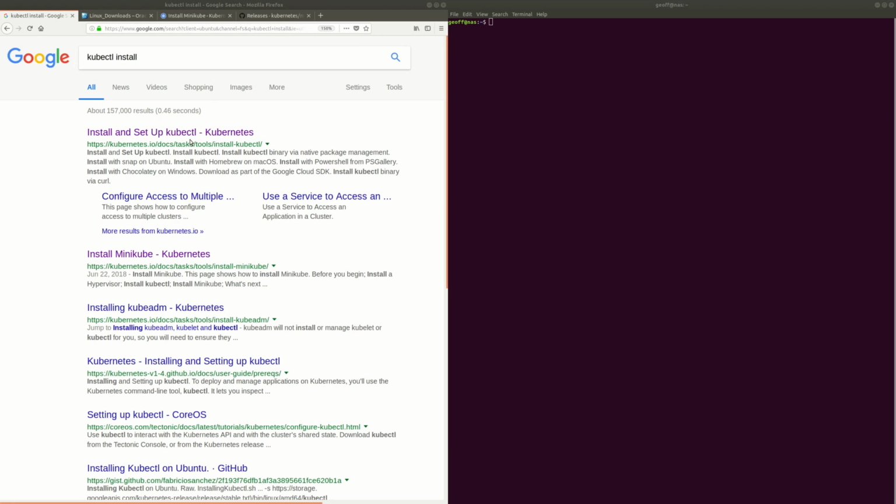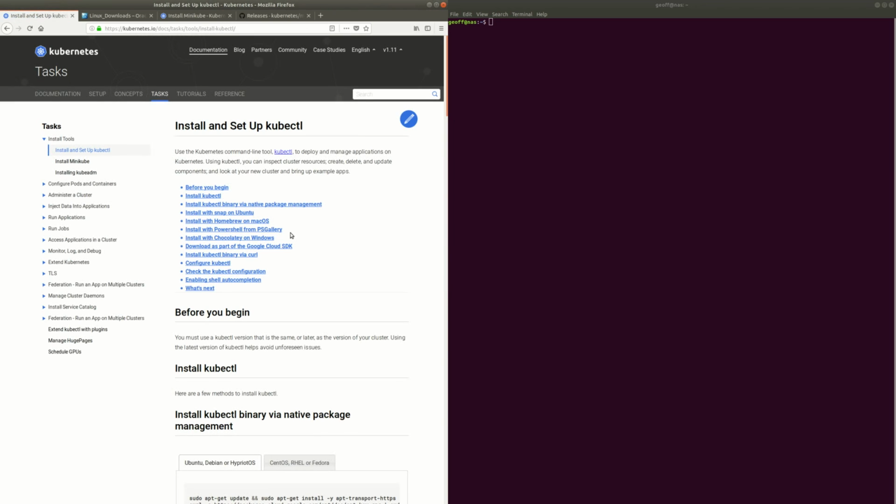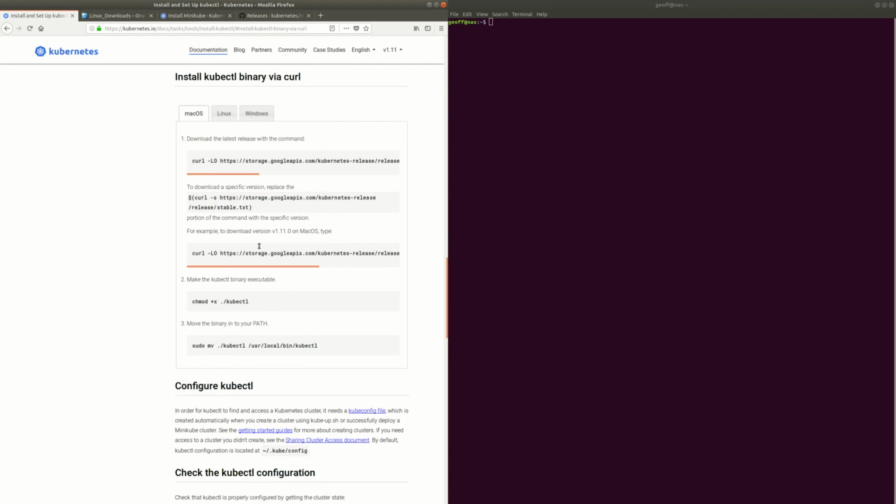So the first thing we're going to need to set up is kubectl if you don't already have that. It's pretty easy to set up. Right now I'm running Ubuntu, so I'm going to show you how to install it for Ubuntu, but it's very easy to get it installed on every other platform. I'm going to use curl to do it, which is basically the same whether you're using OS X or Windows. So let's just run this,